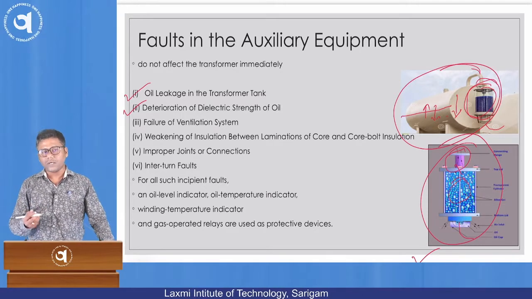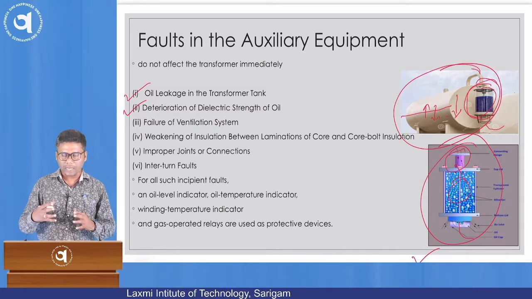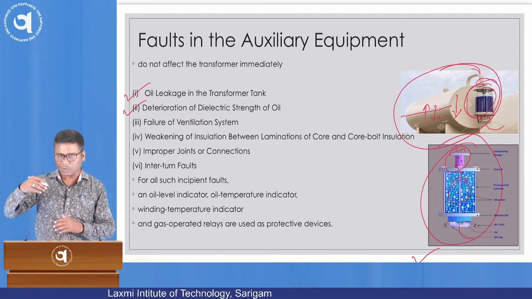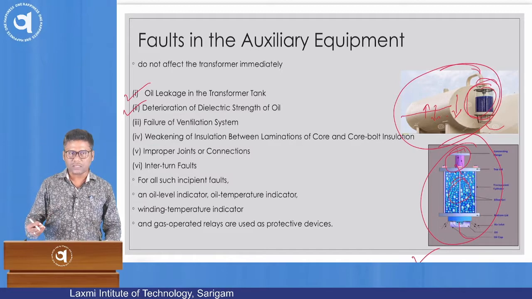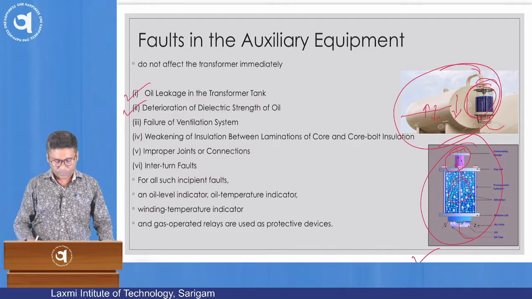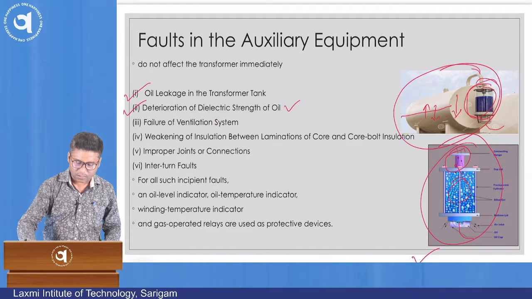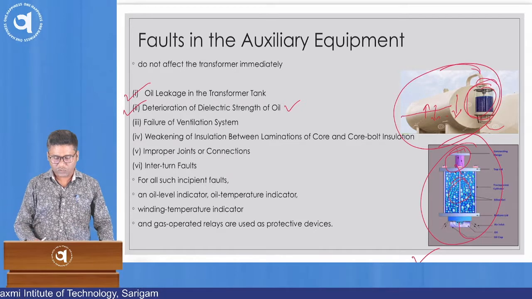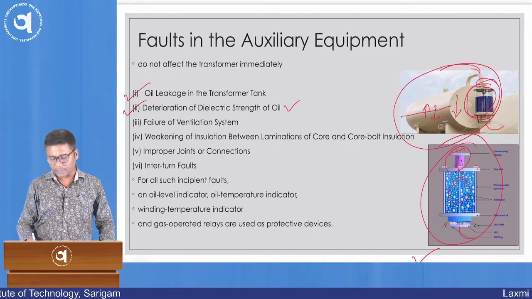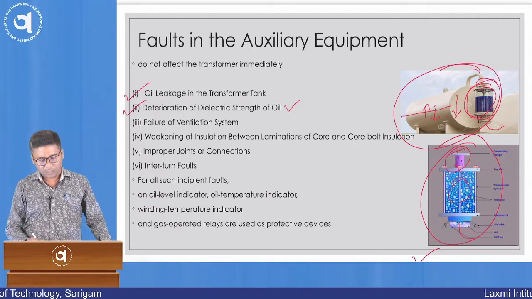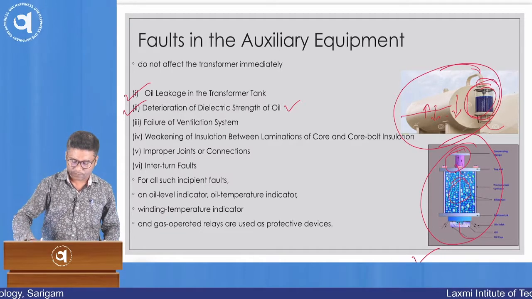If moisture enters the conservator tank, it will deteriorate the life of the oil, and that oil goes inside the transformer and also deteriorates the overall strength of the insulation of the transformer. If deterioration happens, then that converts into a fault. So generally, this breather is replaced if the silica gel color is changed. But due to this dual construction, the life of this device is increased.